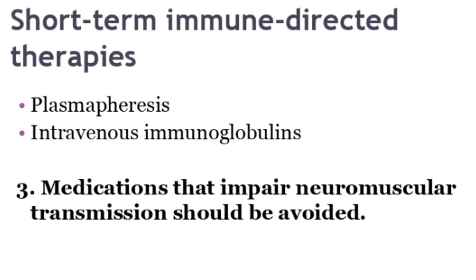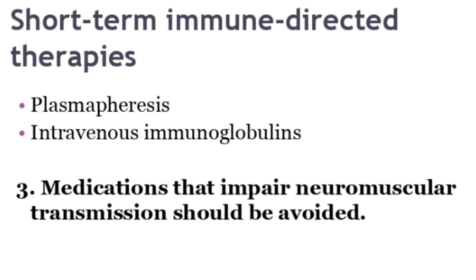Short-term immune-directed therapies are plasmapheresis and intravenous immunoglobulin. Plasmapheresis may be used to achieve temporary improvement in patients deteriorating rapidly or in myasthenic crisis, and in certain special circumstances such as prior to surgery that is likely to produce post-operative respiratory compromise and to overcome dipping in patients with steroid therapy. While intravenous immunoglobulin has also been used to provide temporary benefit in circumstances similar to those in